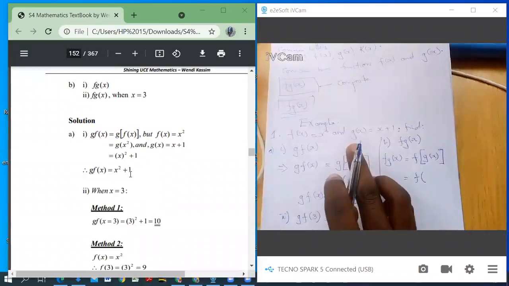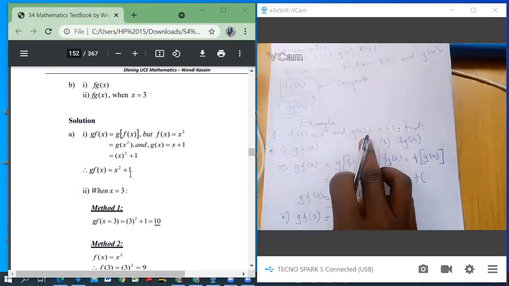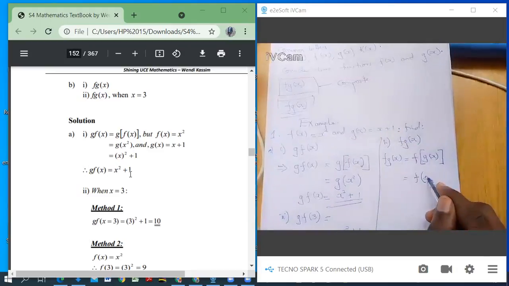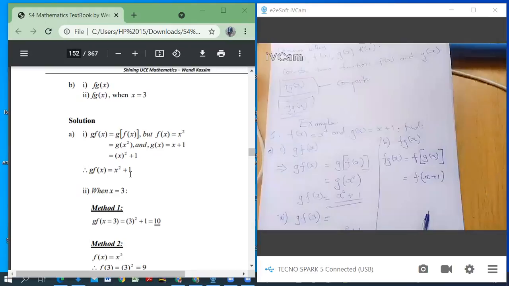G of X is X plus 1, not so? Yes, it's X plus 1. So it becomes like that. Are you seeing that? Yes. Now, I say X plus 1 becomes a single value of X. Assume it, take it to be a single value of X. Okay? Yes. Now, after that, we shall have FG of X equals to,